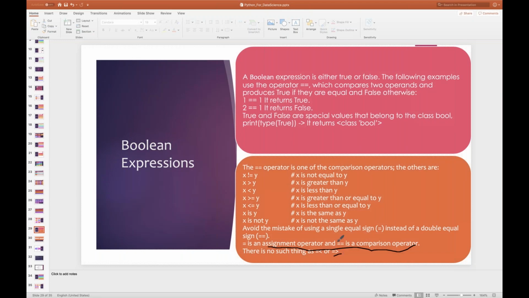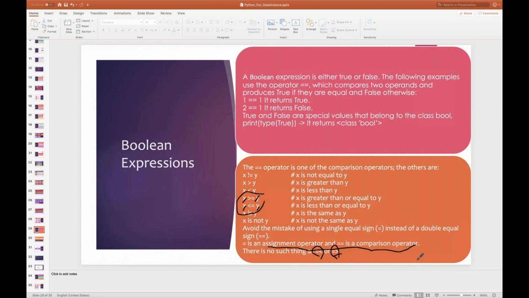Now, when I say greater than or equal to, or less than or equal to, it means you should give x and y: x greater than or equal to y, or x less than or equal to y. If you don't give x and y, and simply use less than or equal to, that doesn't work.